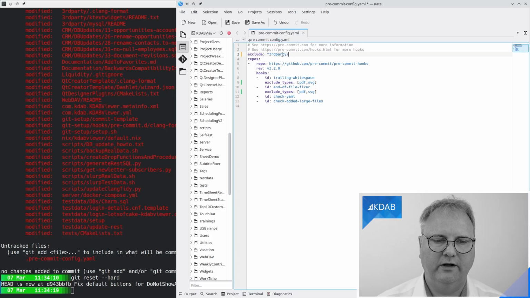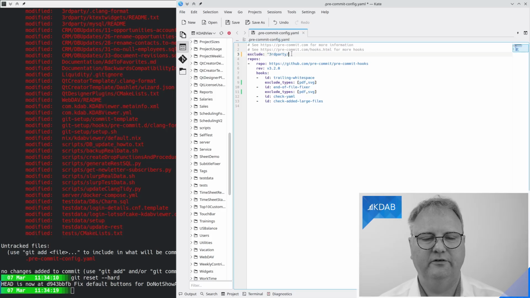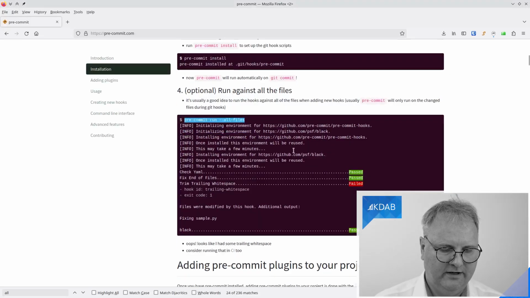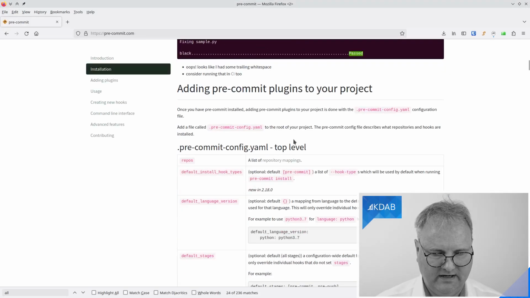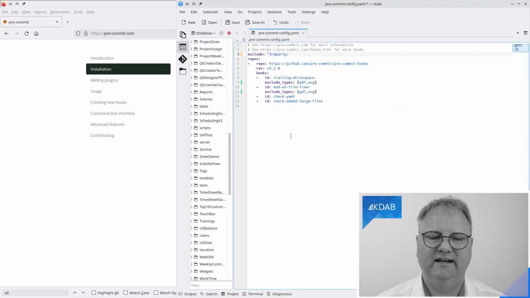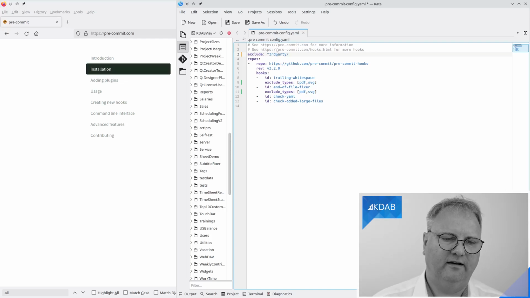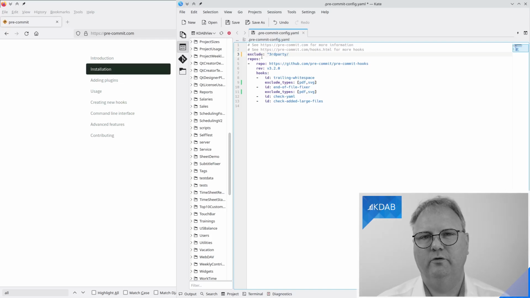Add exclude: third party. And this here is a Python regular expression, and in the documentation over here, somewhere down there, they tell us about the regular expression, what you can do if they become unwildly big. You can do some magic in YAML, which I honestly didn't understand, but hey, that's cool. I don't need to understand everything, but you can get it into a multi-line.